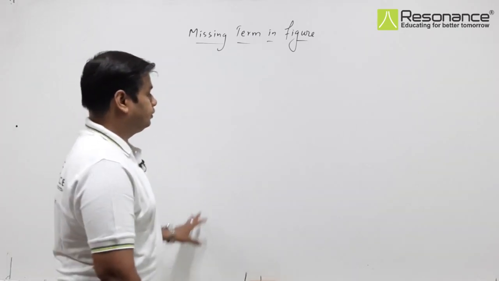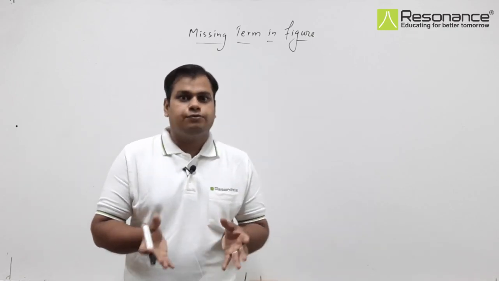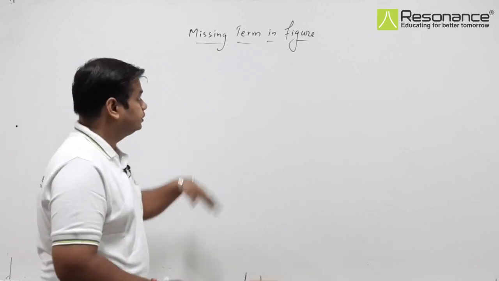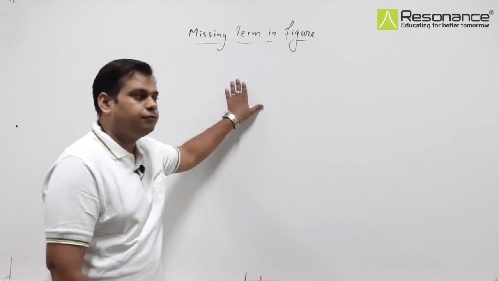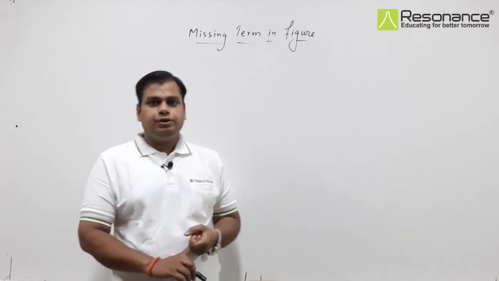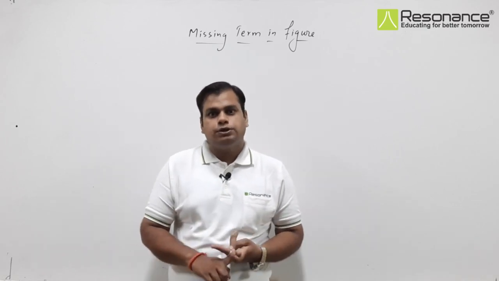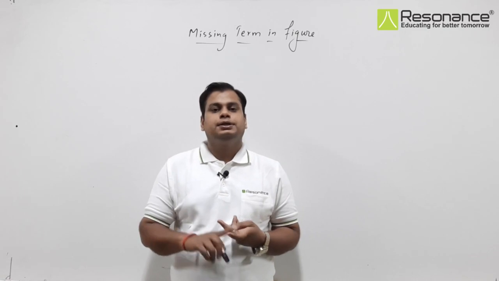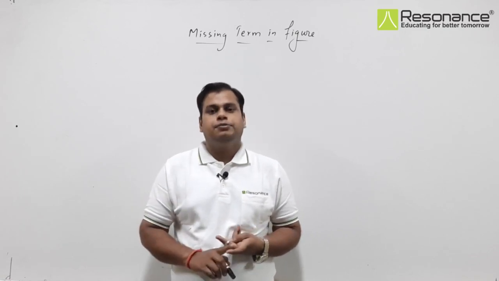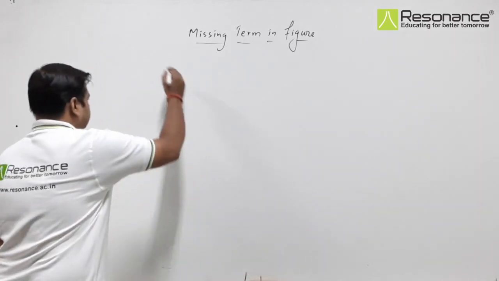Missing term in figure means we are given a figure which includes some numbers, and from those numbers one place is missing, that means one number is missing. That's why it's called missing term in figure. What we have to do? We have to figure out the relation between the given numbers, and according to that relation find out what number can replace the missing, empty place. Okay, let's understand with examples,